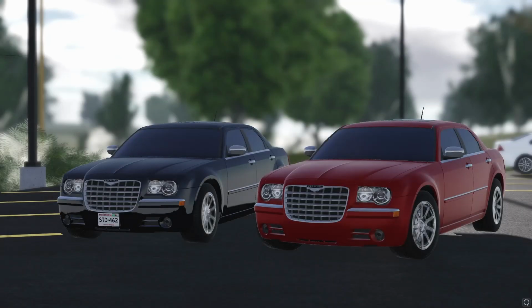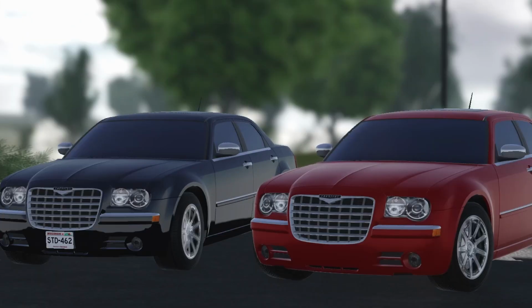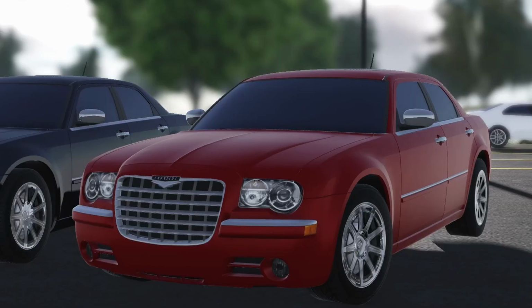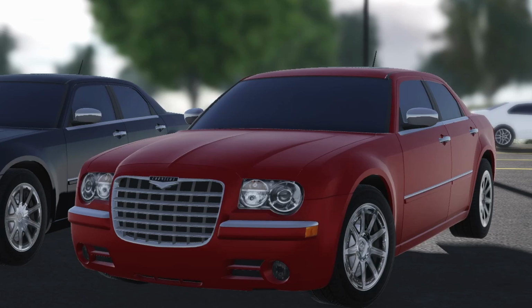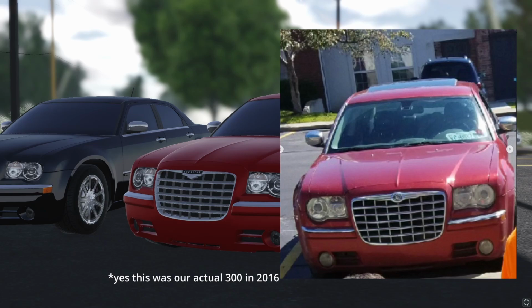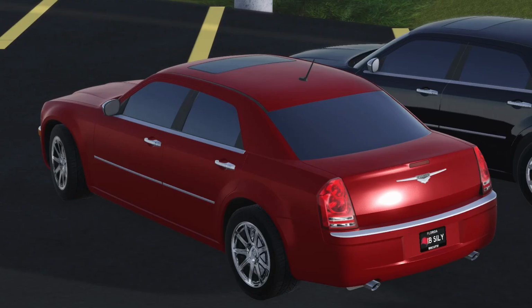The Chrysler 300, also known as a poor man's Bentley. This is a 300 that once was real. Now, me personally, I've always loved this generation of Chrysler 300, mainly because